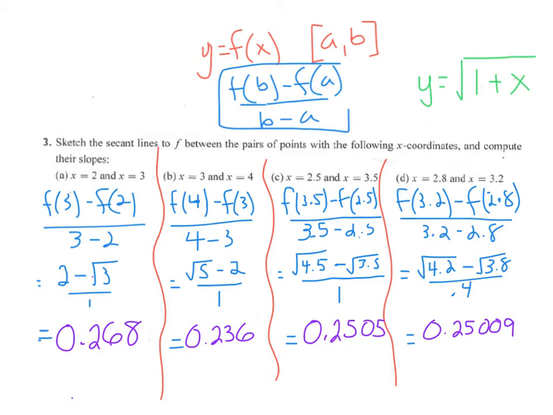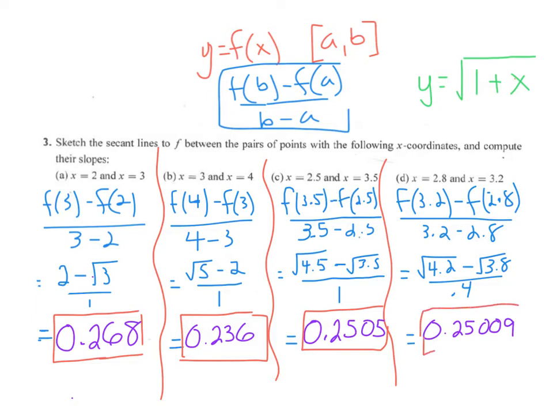So you can see the work here, and also you could check the key, but as you notice, as you apply average rate of change formula for each of these intervals, and we simplify using our calculators, in the first case, we get an answer of 0.268. In the second case, you should have got an answer of 0.236. And then the last case is you should have got really close to 0.25. In fact, the very last case is 0.25009, which leads us to believe that the closer you're approaching this value of 3,